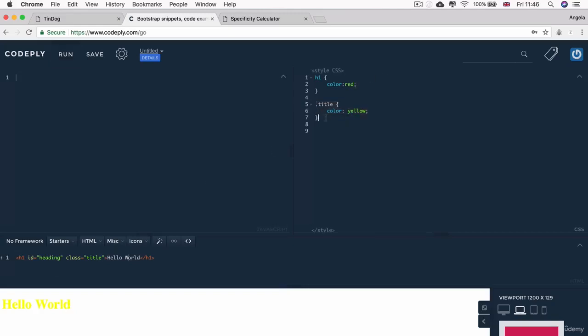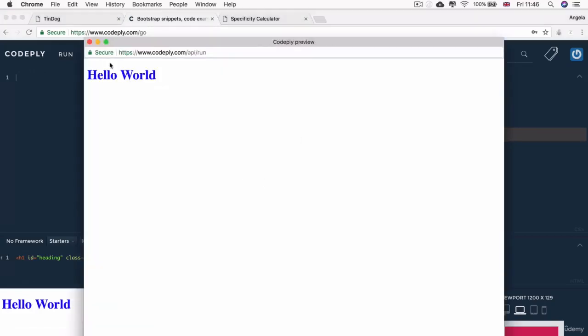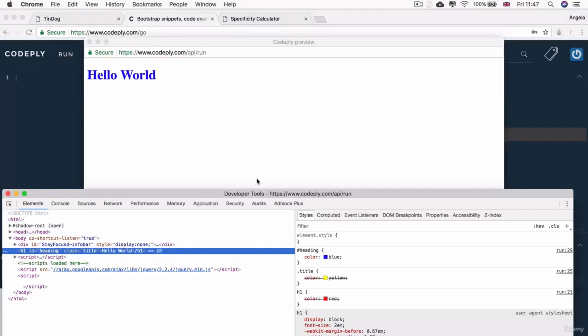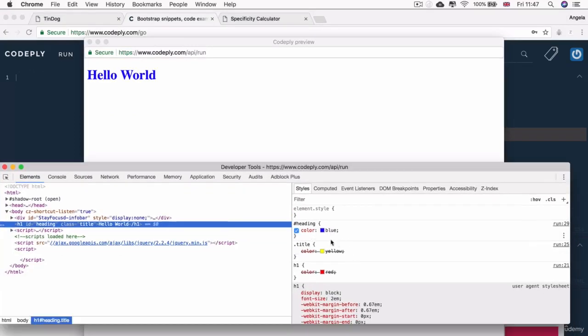has higher priority. Now, finally, if I decided to change the color by using the ID, so let's target that ID heading and change the color to blue, and I hit run, you'll see that this has the highest priority of all. And our hello world will display in blue rather than any other color. And if we take a look at the Chrome developer tools over here, you can see that all our colors are being applied, but they're just being overridden by something with a higher priority. So that means that if this color change wasn't applied in the ID, so if we deleted this line of code, then it would go to the next highest priority CSS rule, which is the class, and finally it would